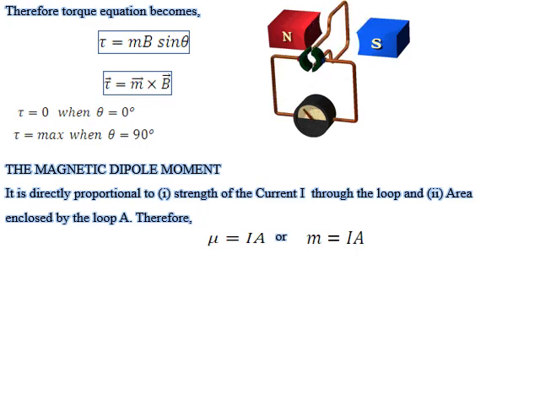Magnetic dipole moment is directly proportional to the current and the area. We have already seen this. It is represented as M or mu. So they are proportional to current and area. According to this also you may get 1-mark questions. If area is increased, what will happen to the dipole moment? If current is increased, what will happen to the dipole moment? You must be able to tell that the relation is directly proportional. Therefore, if current or the area increases, dipole moment also increases.